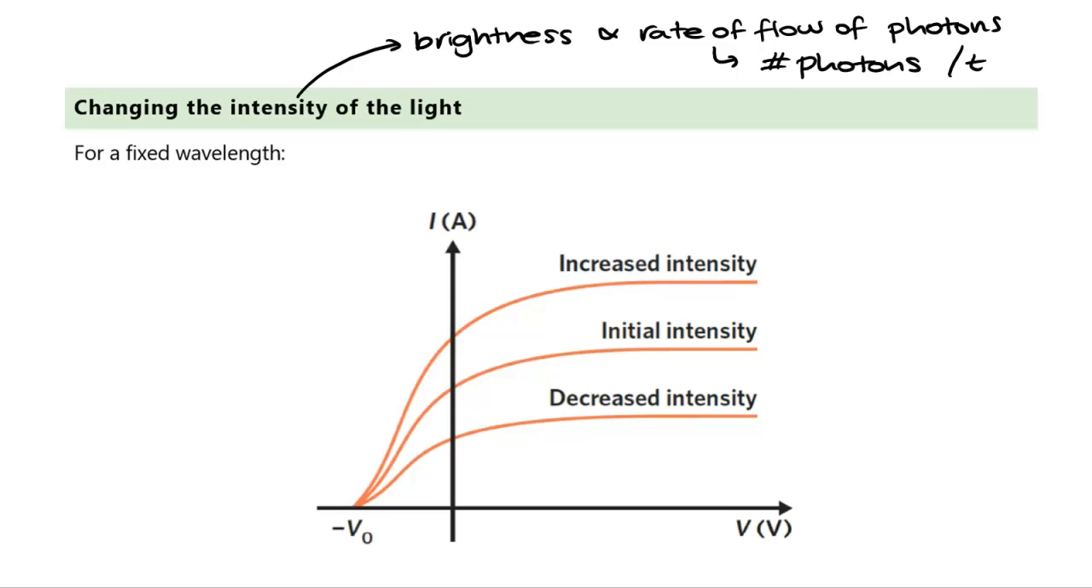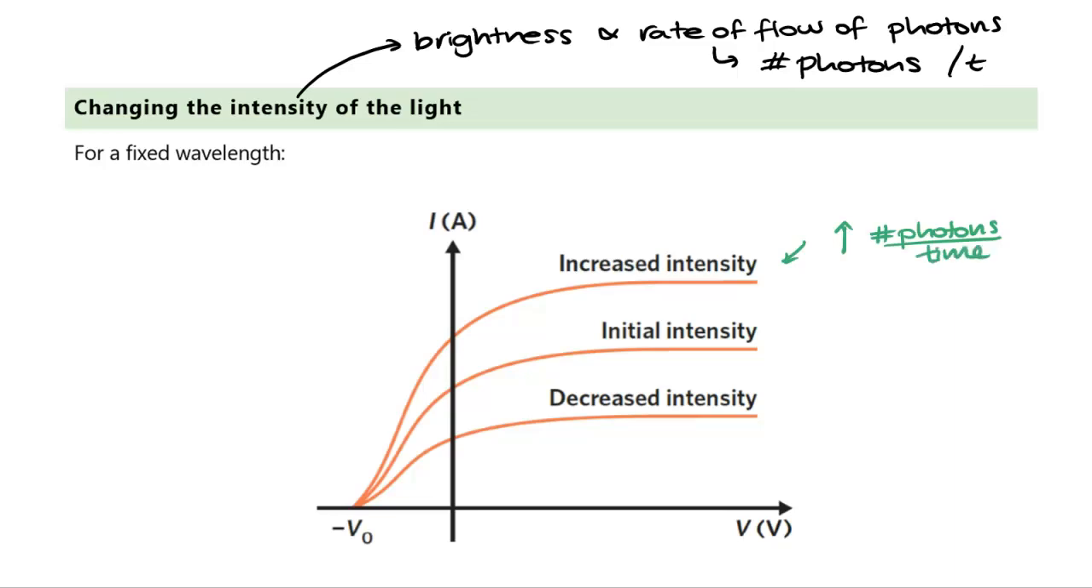Well, if we take intensity to be the brightness, and that's the rate of flow of photons, an increased intensity means we're going to have a larger number of photons. And again, you might have seen straight line graphs here rather than these curves. So increased intensity, if we have a larger rate of photon flow, a larger rate of number of photons per unit time,